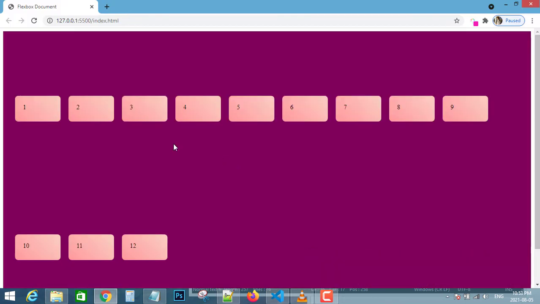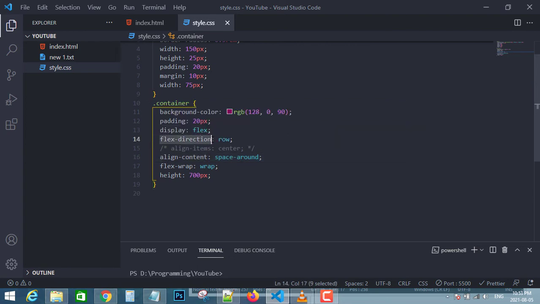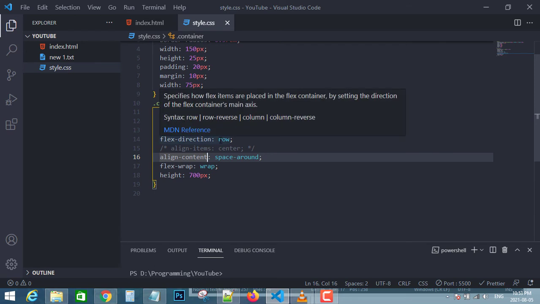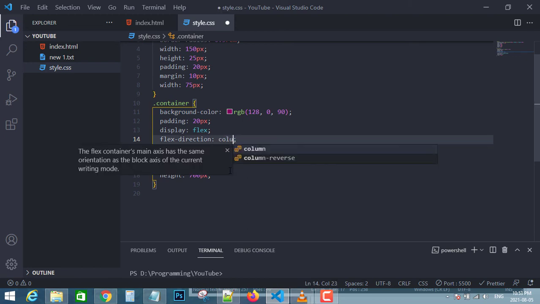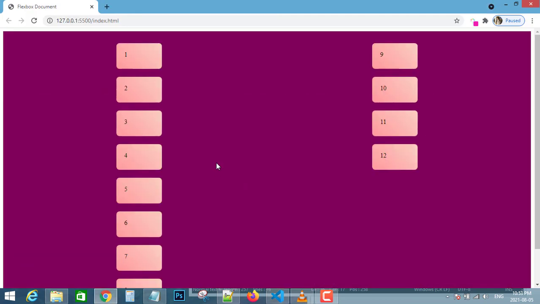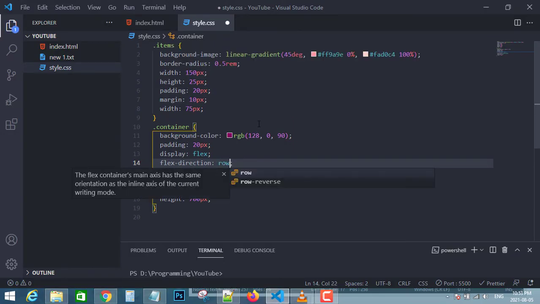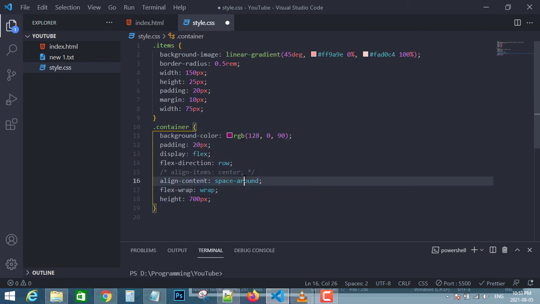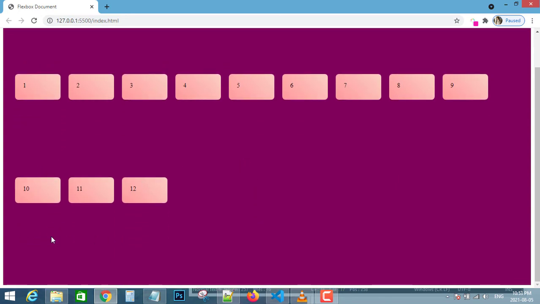Align-content also works in a vertical fashion if the flex-direction is row. It works inversely proportional, just like the align-items property. It will work in a vertical fashion if the flex-direction is row, and in a horizontal fashion if the flex-direction is column. We are seeing that it is working in the horizontal fashion now. Let me show you another value of align-content, space-evenly. We are seeing there is equal space here, here, and here. So it's all working good.